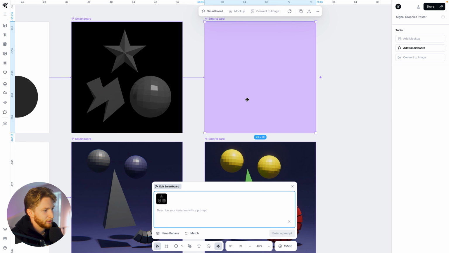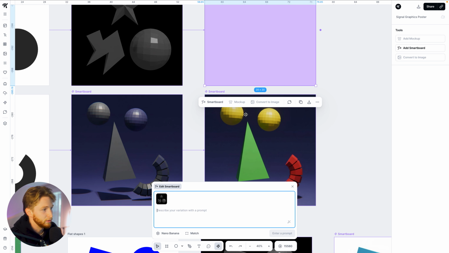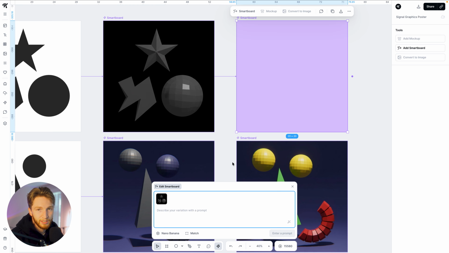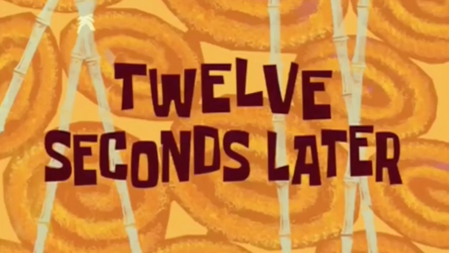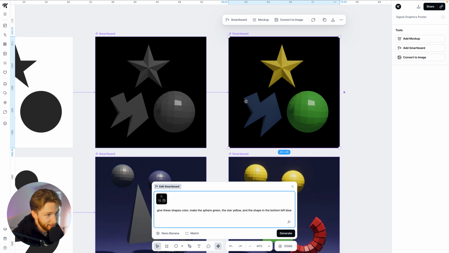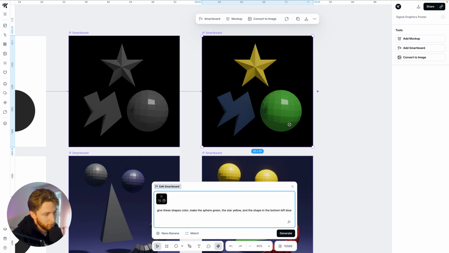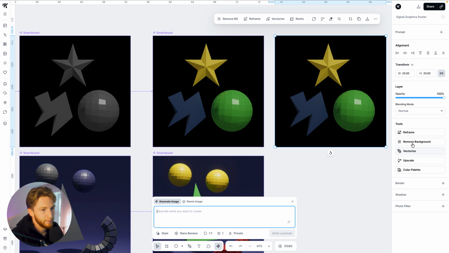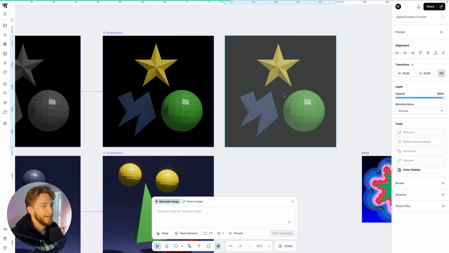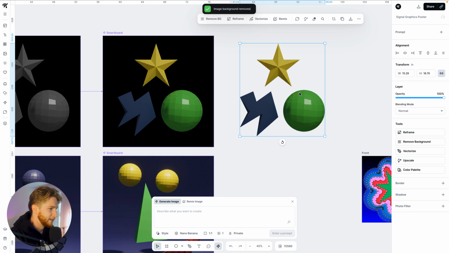I'm going to try something similar down here where I ask it to assign different colors to these different shapes and see what kind of generation we get. 12 seconds later. So again, it did a pretty great job. It assigned the correct colors to these different shapes. And again, I could convert this to an image, remove the background, and then use these graphics in my different